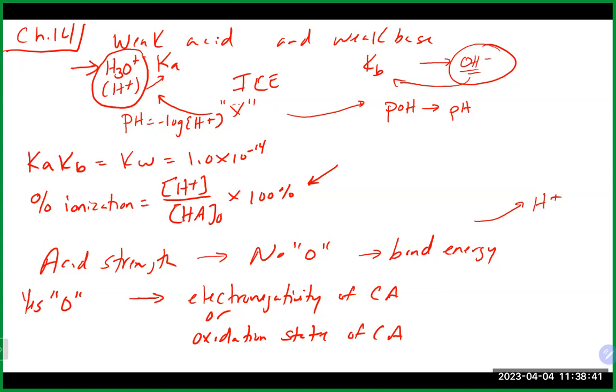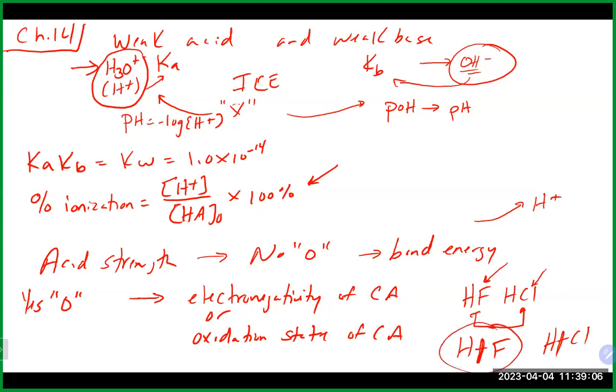Yeah, so like the ones we looked at the other day, like HF, HCl, and so forth going through here. If you look at the bond energy between, say, these two guys, HF has a much higher bond energy than HCl. And because of that, it takes a lot more energy to break that HF bond than it does to break, say, the HCl bond. So much so that HF is considered a weak acid because it has a much higher bond energy than HCl, which has a lower bond energy, and it makes it easier for that H to come